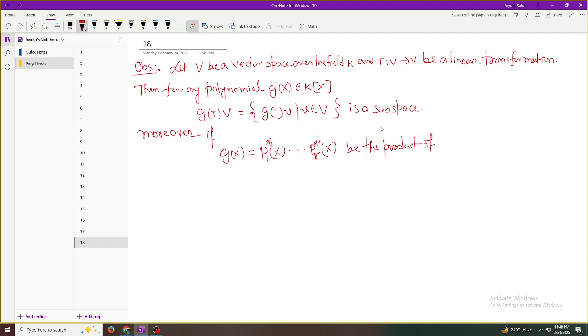Because it is also a unique factorization domain. I will discuss it later. Product of irreducibles,